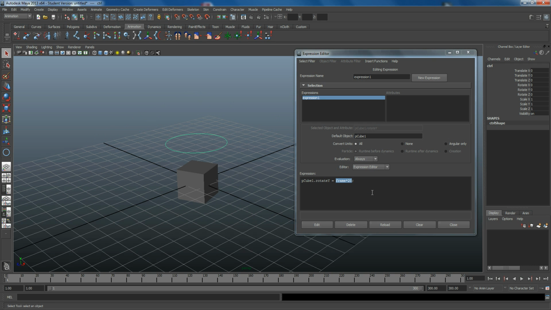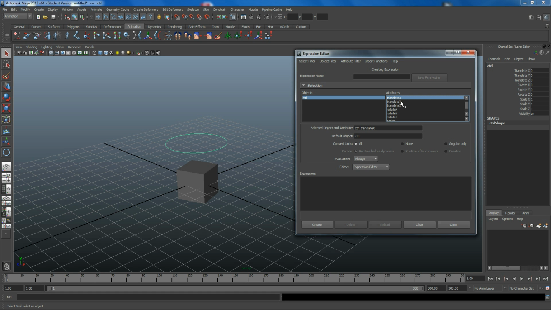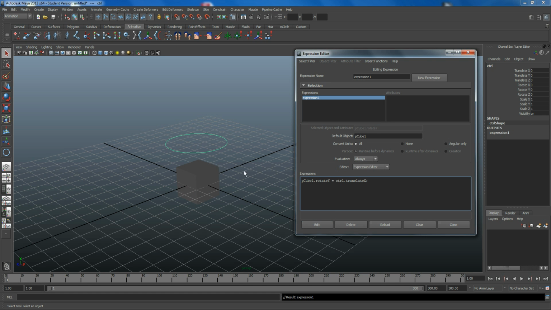Okay, so let's say going back to my objects, I can always select my control, which is my nubs circle, right? Control, and I'm going to use translate X, copy it, go back to my expression name, select my expression, and replace my frame times 20 by control.translate X. Okay, so if I hit edit,